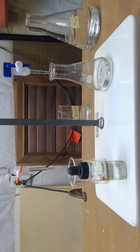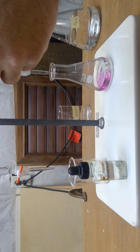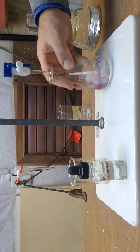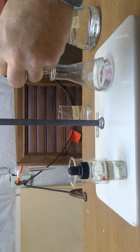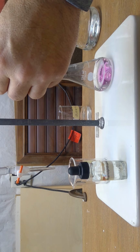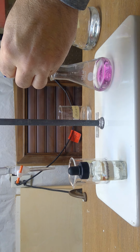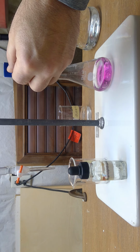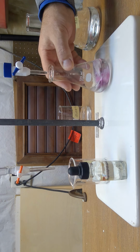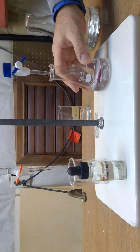Once we get down near 39, I'll slow it right down. And if I swirl it, it'll all go right away, so you can see. We're at 38. So I'm going to slow it right down here. Let's swirl just to see where we are. And we're still good. All right, so let's go ahead and add